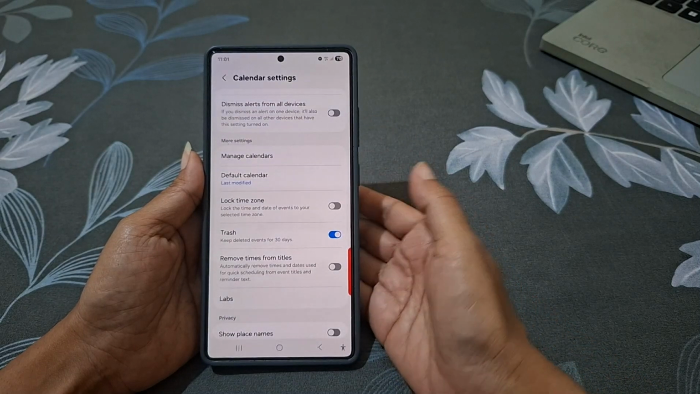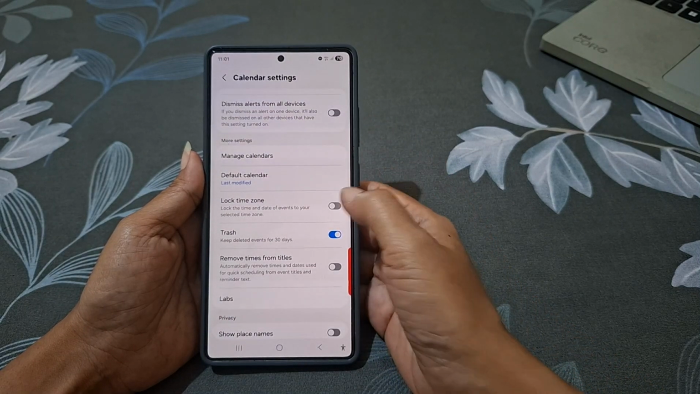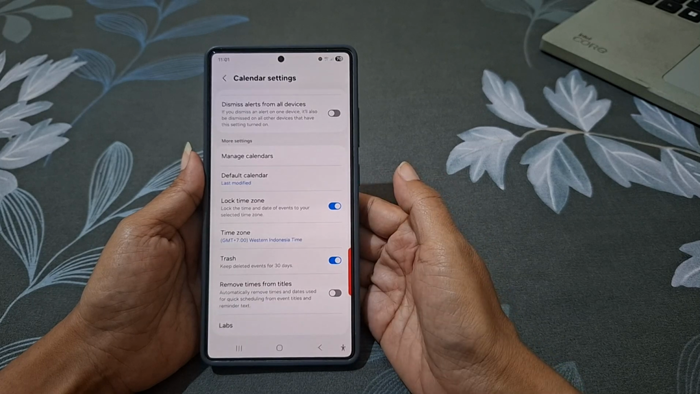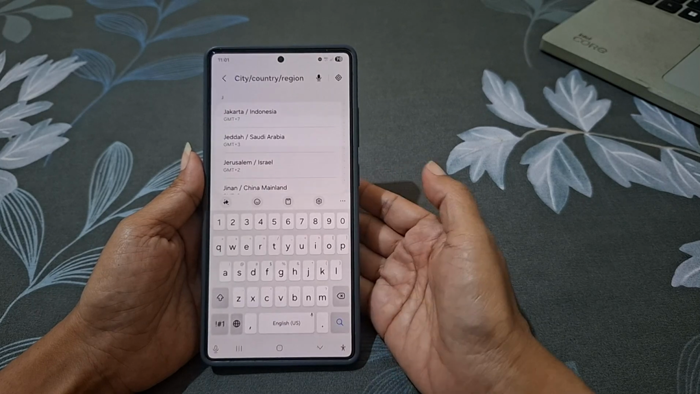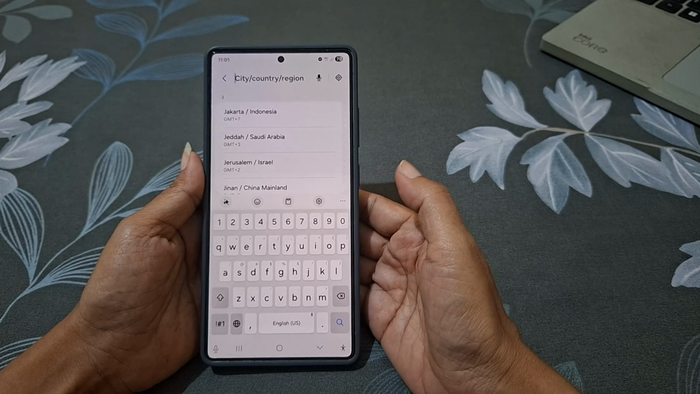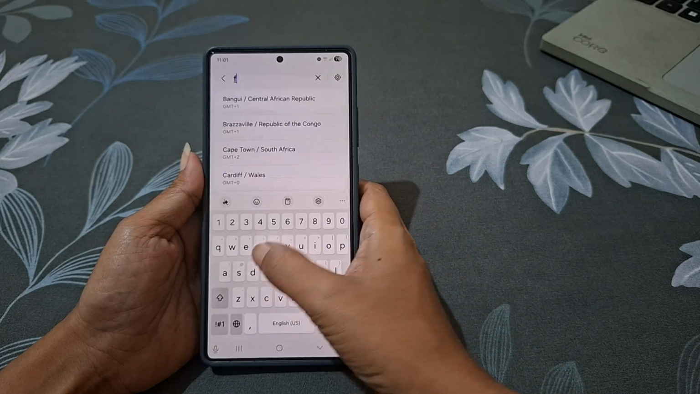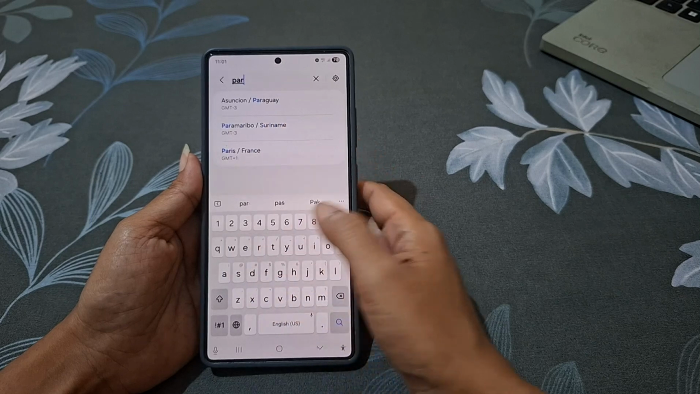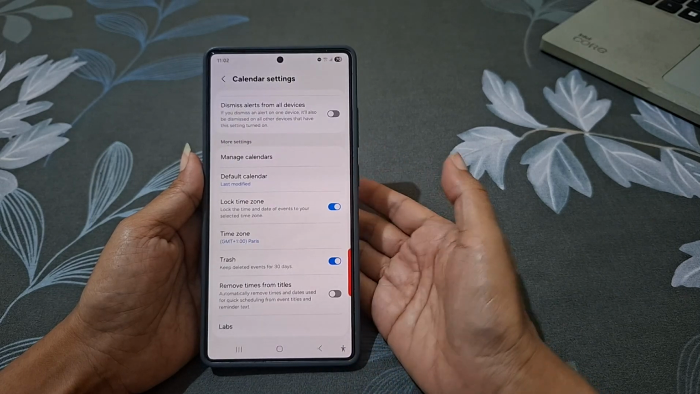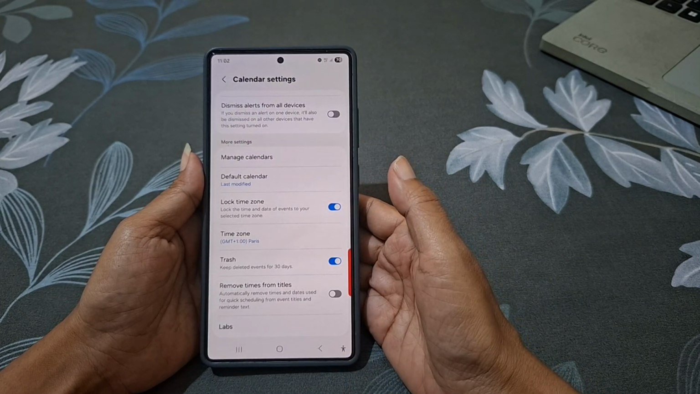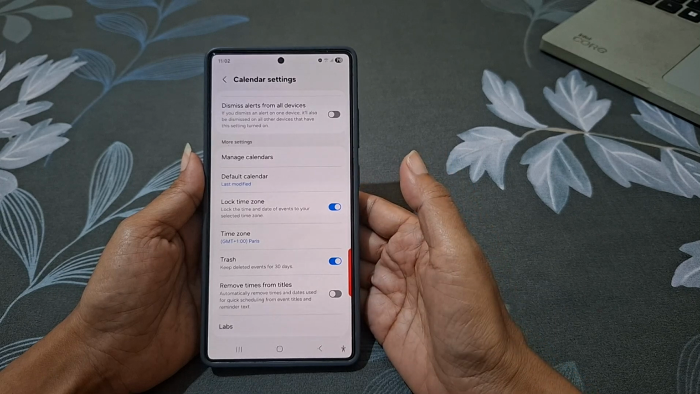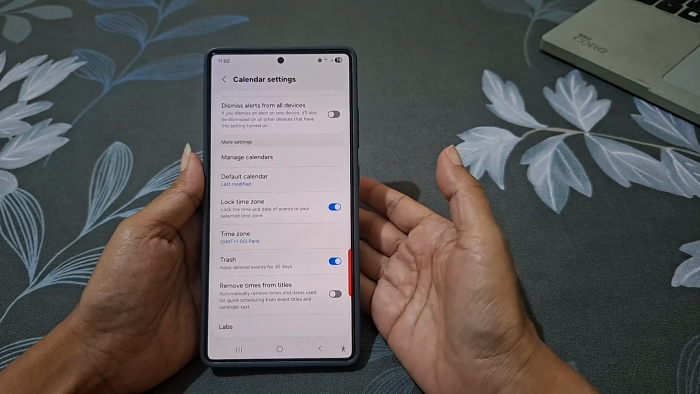Under the More Settings section, enable Lock Time Zone. Once enabled, tap Time Zone and choose the time zone you want your events to follow. From now on, all your events will stay in that time zone even if you travel to another region or